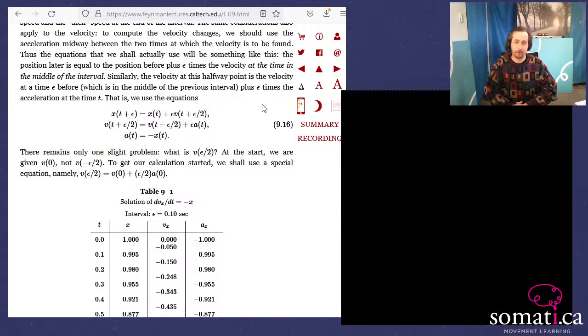So the improved approximation uses the equations. The updated position is the previous position plus the time of that interval times the velocity halfway through the trajectory, halfway through that interval. And that, the velocity halfway through the interval,